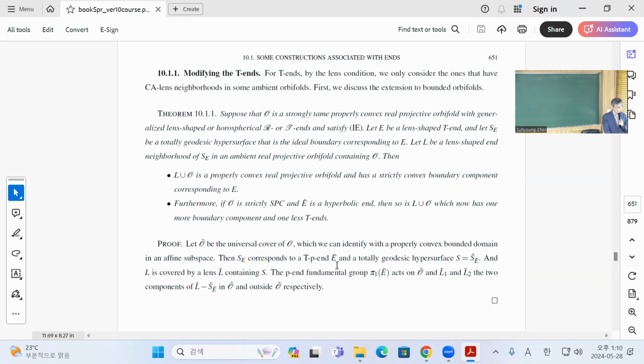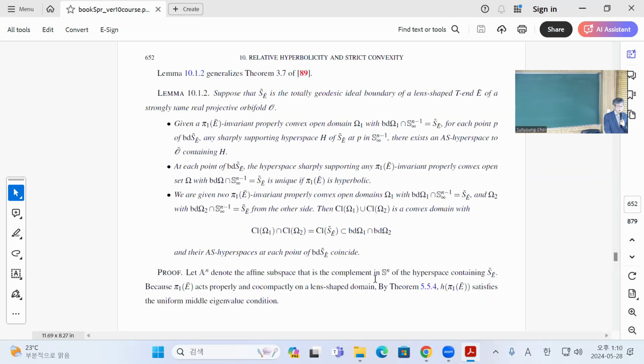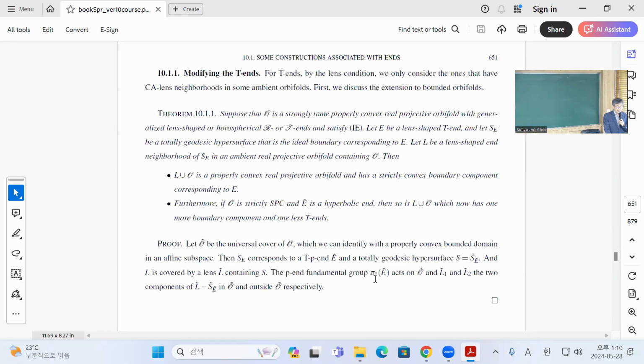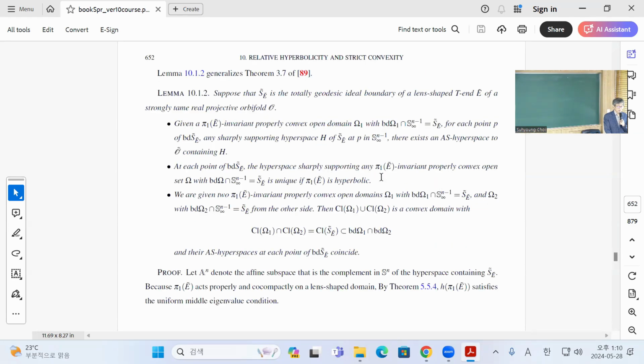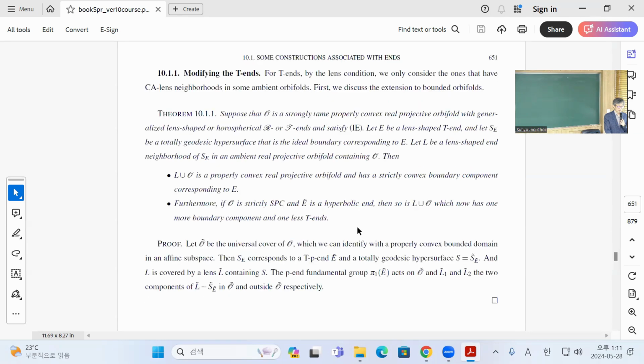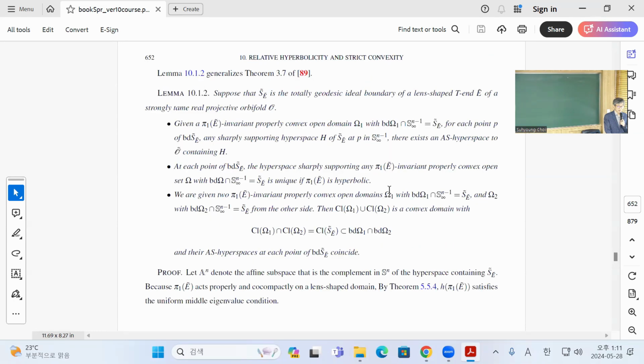Okay, so basically this is just to look at how the end is added, outside and inside. And here I am proving that the convexity is preserved. So for this second one, L of course has a strictly convex boundary at both sides. So the first one is no problem. And for the second one, we have some totally geodesic boundary component, and there is an asymptotic hyperplane. Then